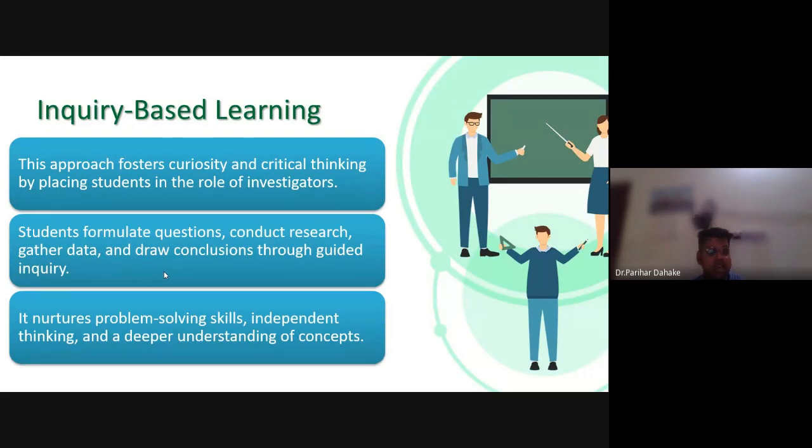Through this, add-on points have been credited to their account, as they have become good researchers also. They are not only going to acquire an MBA degree, they are going to acquire a research ability, where they are inquiring with societal members and society people, and through that they are going to get a fruitful outcome, which is going to be published as a research paper in one of the reputed indexed journals. And that is why inquiry based learning is very important as far as teaching learning methods are concerned.